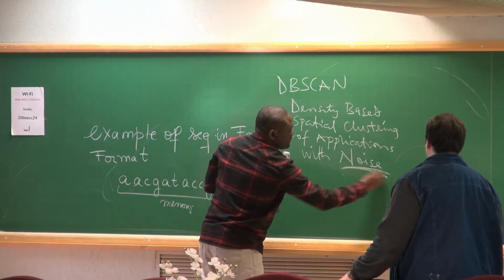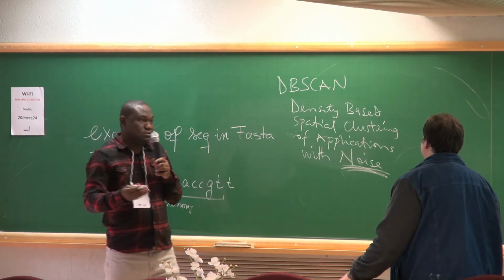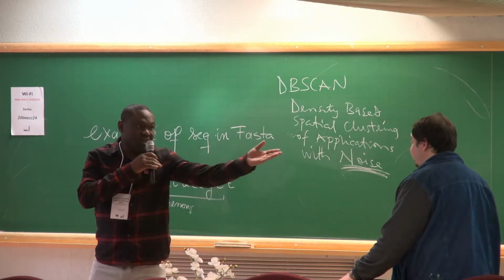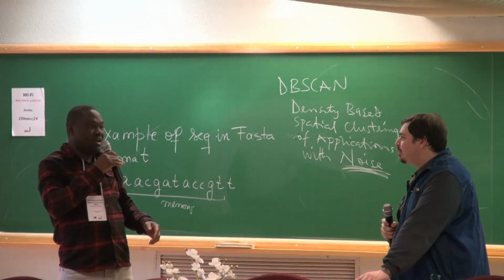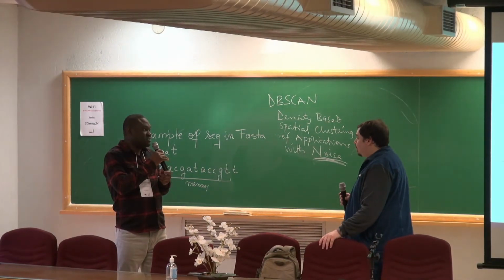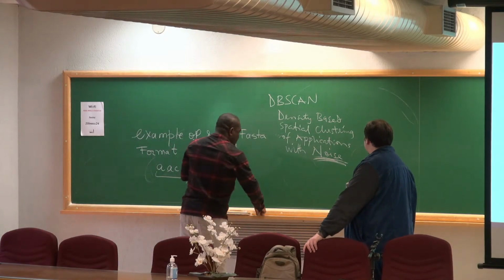So it can identify noise in your data set, and it's scalable for large and complex data sets like the one you are considering, and it can identify rare mutations. Yeah. So probably you should start from K-means,